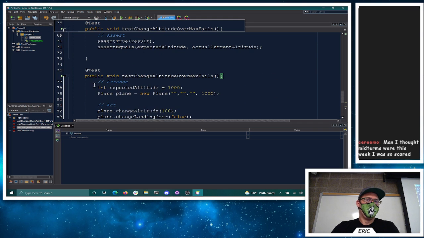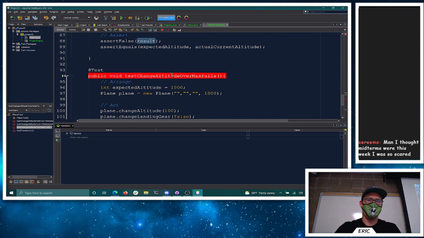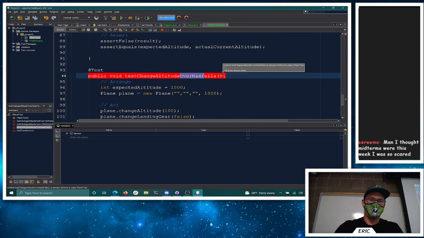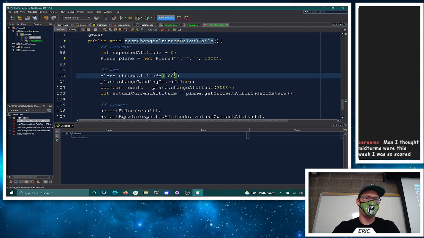Okay, so sure, we'll just copy this one, I guess. So let's say, how about below 0? Below 0 fails. So the expected altitude should be 0. We don't really care what the max is. If I try and go down 100,